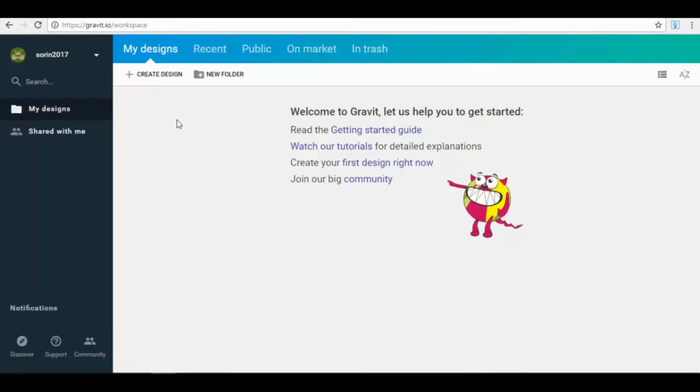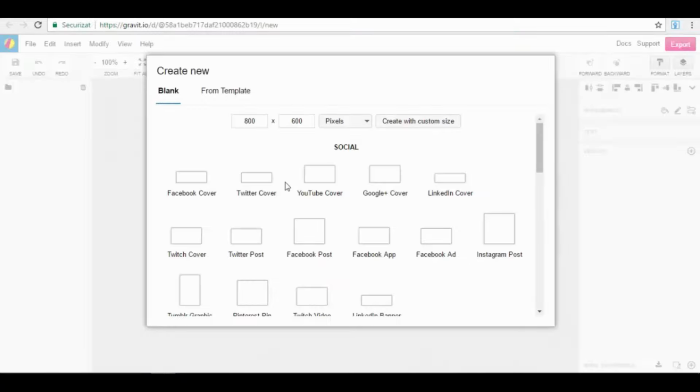So what you want to do right now, obviously the first thing, is to create a new design. So you will have this option here. We click on this option, create design. So I will click on it. Now we will wait for the editor to load. What you can see faded in the background is the actual editor, and the first thing is to select an option of design that you want to create from this pop-up window